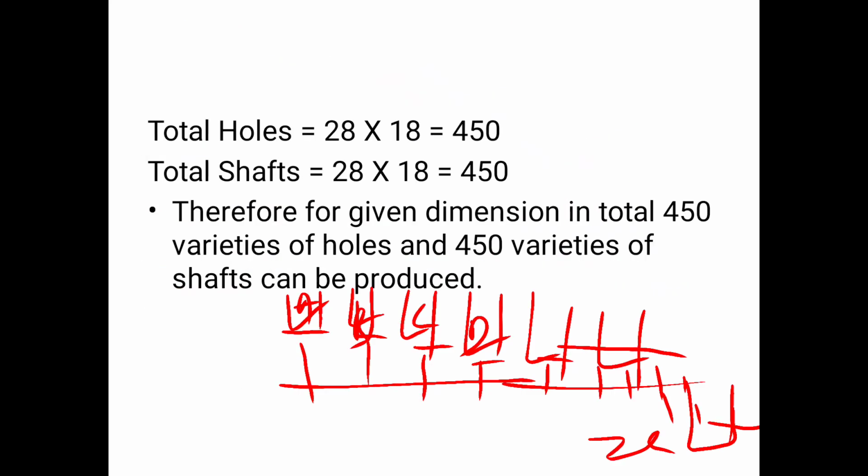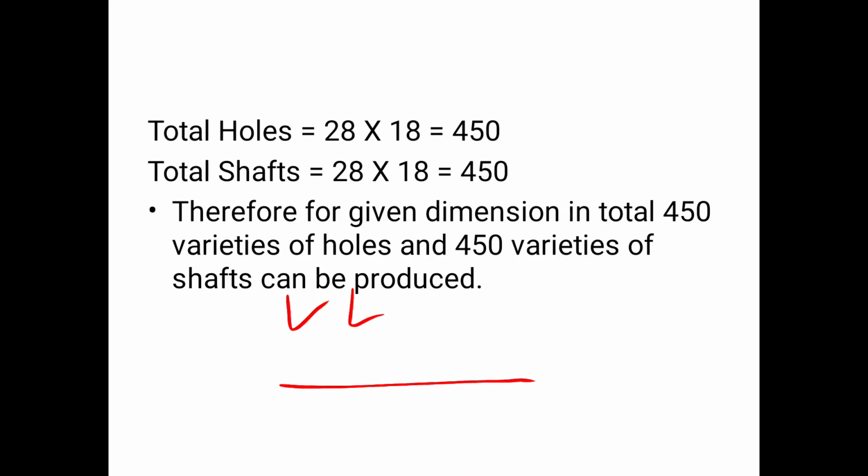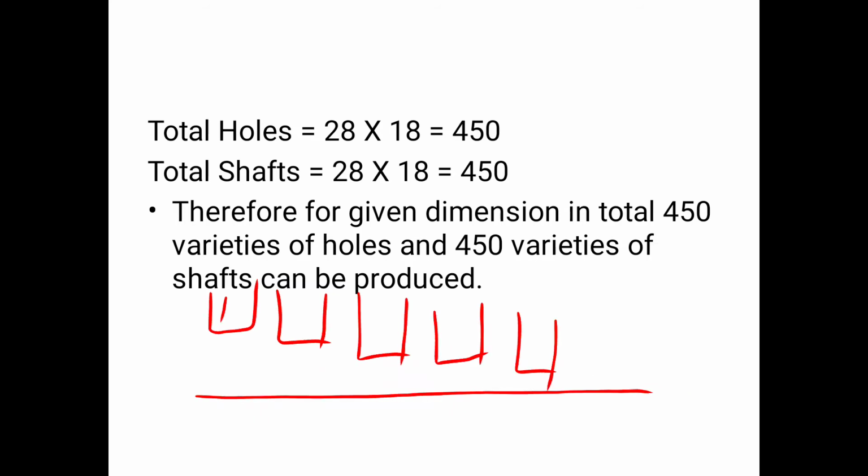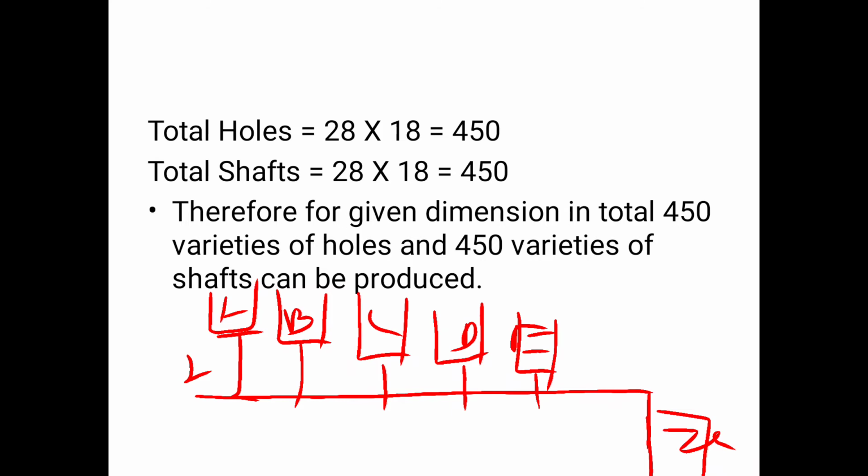28 fundamental deviations means, if you have a basic size, then above and below it, for holes we have the lower limit as the lower deviation, and it is 0, that is the fundamental deviation. These are the types of holes. So here you will get A type, B, C, D, E up to ZC. We can say first deviation, second, third, fourth, fifth, and so on, there are 25 deviations of holes.